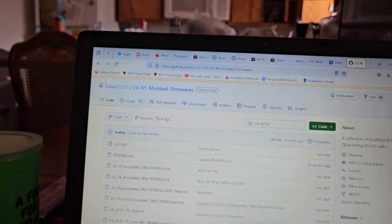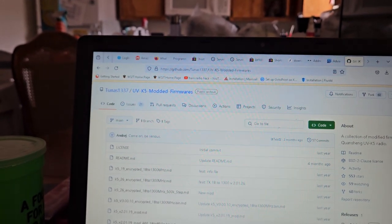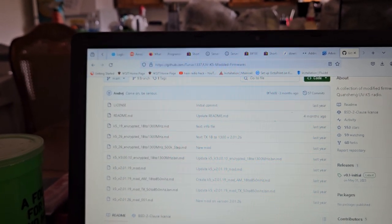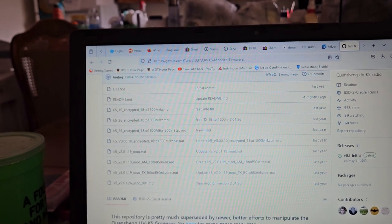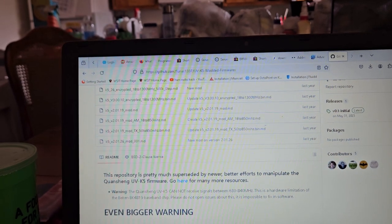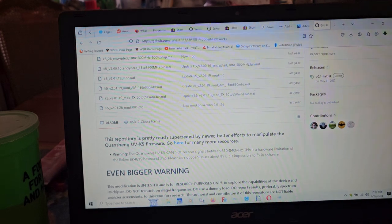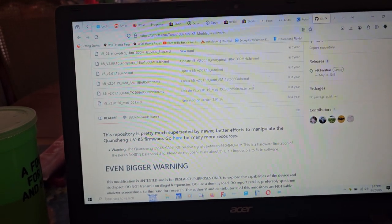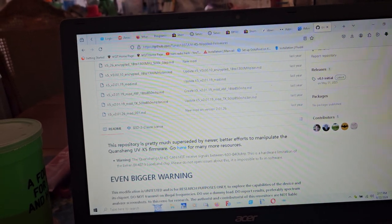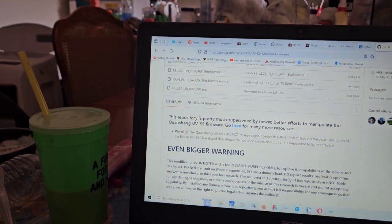So there was the EG Zoomer one, there was this Tunis one, there was the one that looks like Fagachi or something. I don't know which one's the best one. So this repository is pretty much superseded by newer, better efforts to manipulate the K5 firmware. Go here for many more resources. Okay, so this one here